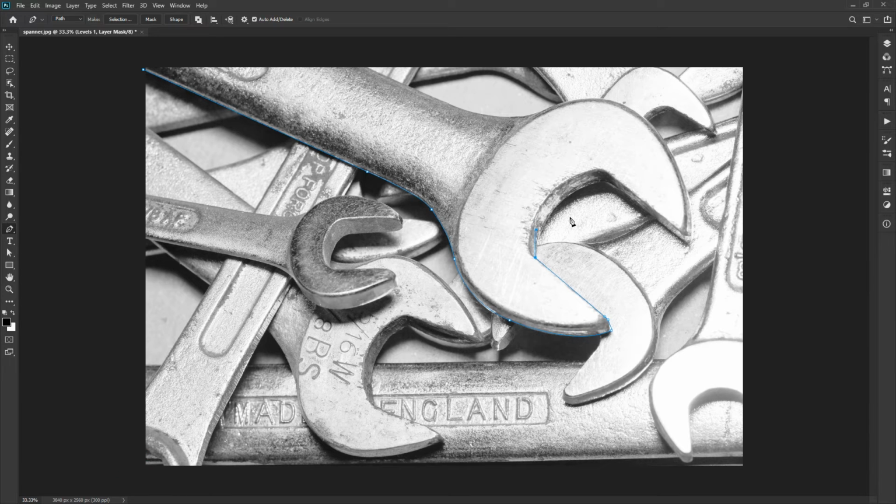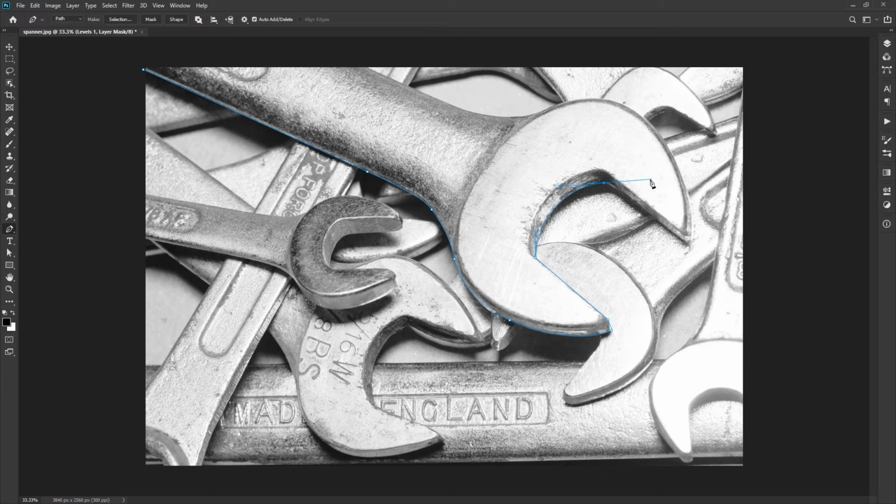By doing this, it will not create a backward direction handle or will not change the position of backward direction handle if it exists. Now create a new anchor point at the corner edge and move your forward direction handle in a direction so that the backward direction handle can set the path on the edge.